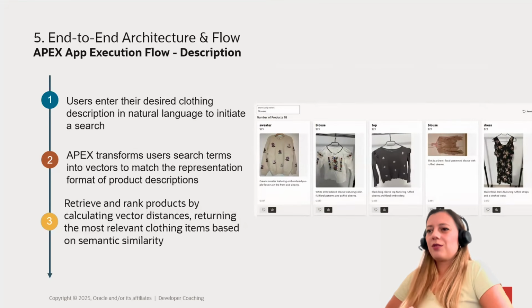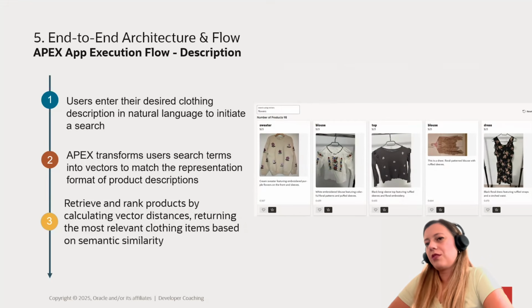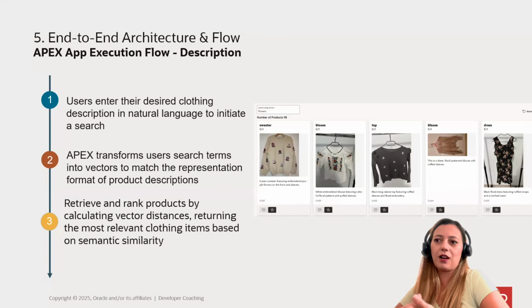But not all the time we want to search by images, right? Sometimes we want to search by description. So let's say we have a party and the theme is flowers, so everyone should come dressed with flowers. So we go to our preferred online shop and we search by flowers. What we've done here is generate embeddings from the product descriptions, like this one. And once we search here by flowers, we convert this into a vector, and we compare this vector to the description vectors that we have in the database, and we will get the closest result.